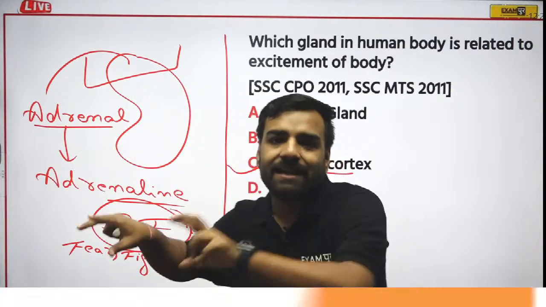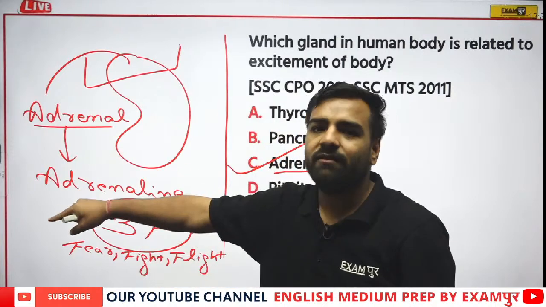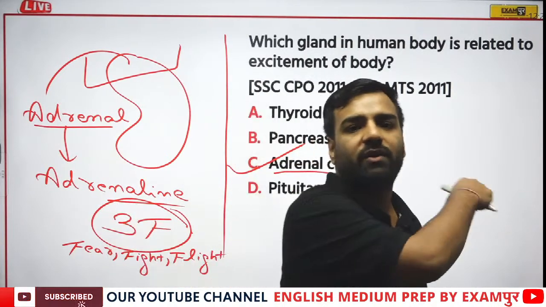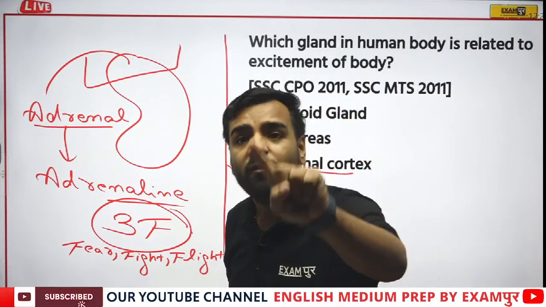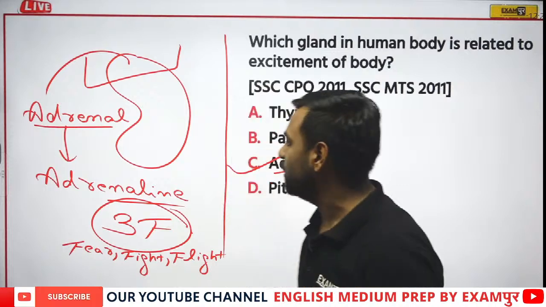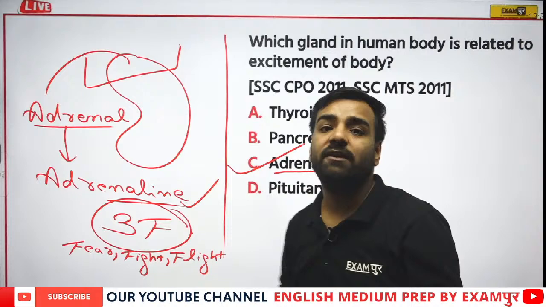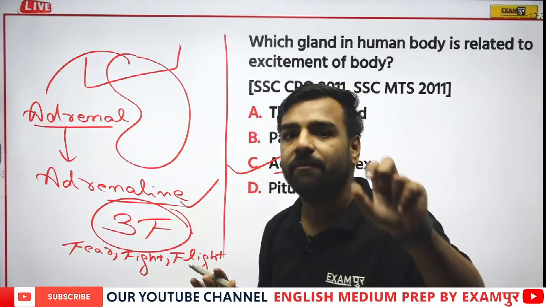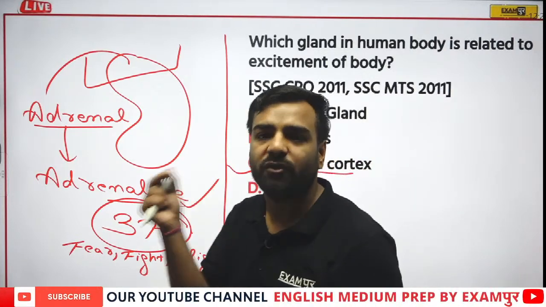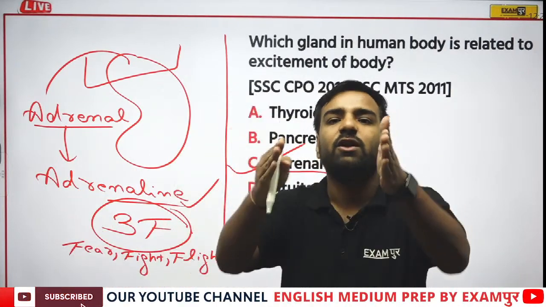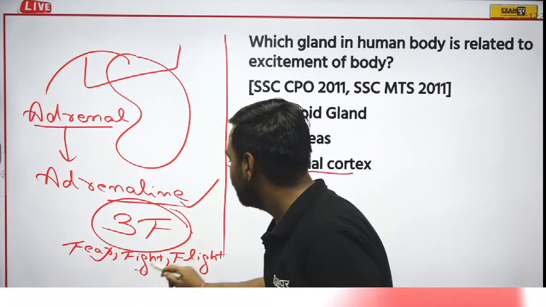If that dog starts barking, just having a look at that dog, you will start running at full pace in spite of not having energy. From where did this energy come? This energy was derived from adrenaline. Adrenaline gives you that energy at that time, because it helps you face difficult situations which you were not even aware of. That's why we can say this is the 3F hormone: fear, fight and flight.